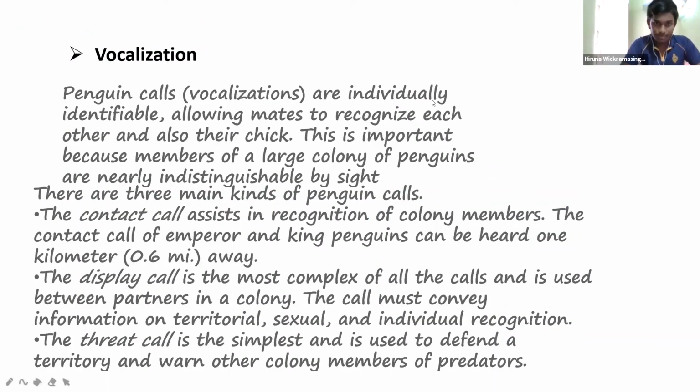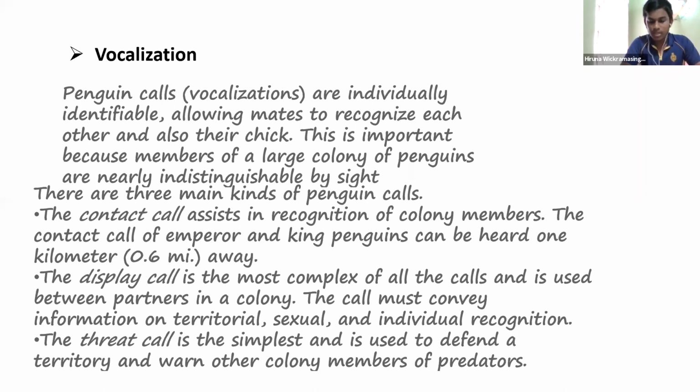Penguin calls are individually identifiable, allowing mates to recognize each other and also their chick. This is important because members of a large colony of penguins are nearly alike by sight. Normally, there are three main kinds of penguin calls. One is contact call, the other one is display call, and the last one is threat call.